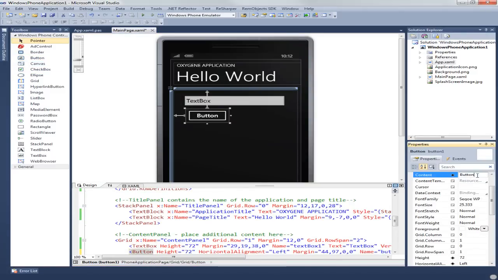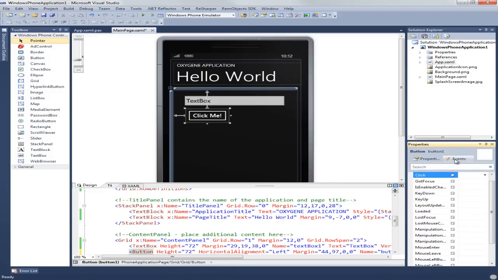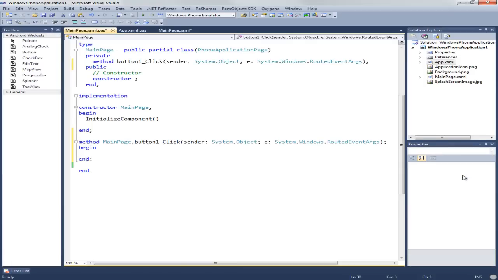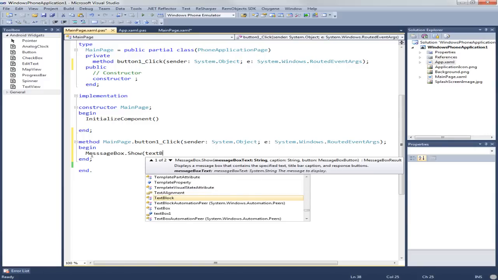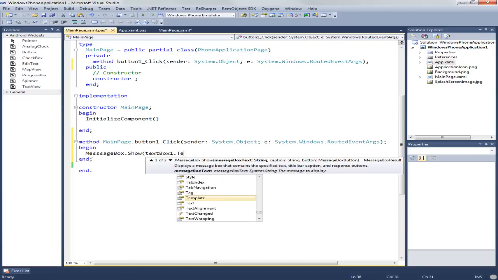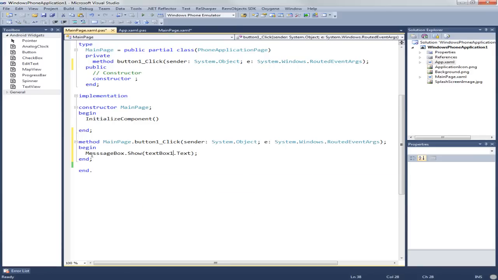Over in the property editor, we can change the caption. We'll say click me, or content is what the button displays. And we'll go over here to events, and we'll add an on-click event handler. And we will put in here a message box show, and we'll just display text box 1.text. We'll put a little hello world, or hello,